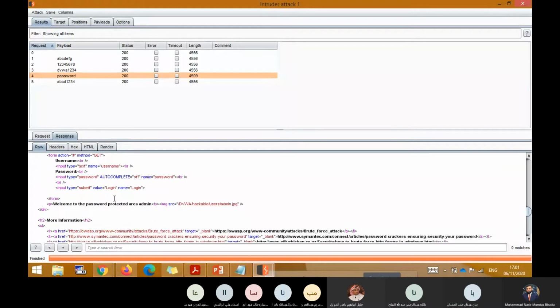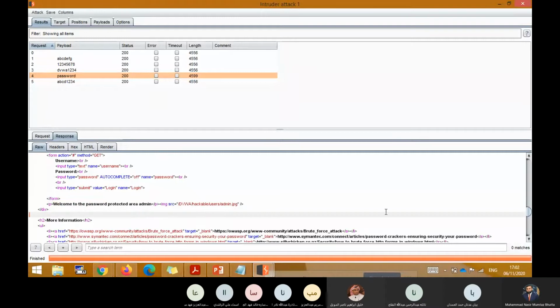So this is now the question: how would we know which of our possible combinations was correct? What we can do is see, when the password is correct, what is the behavior of the website? It gives us this message: welcome to the password protected area admin.